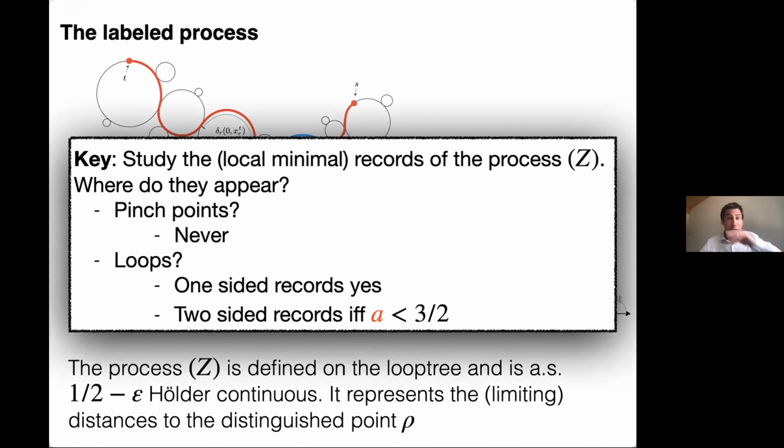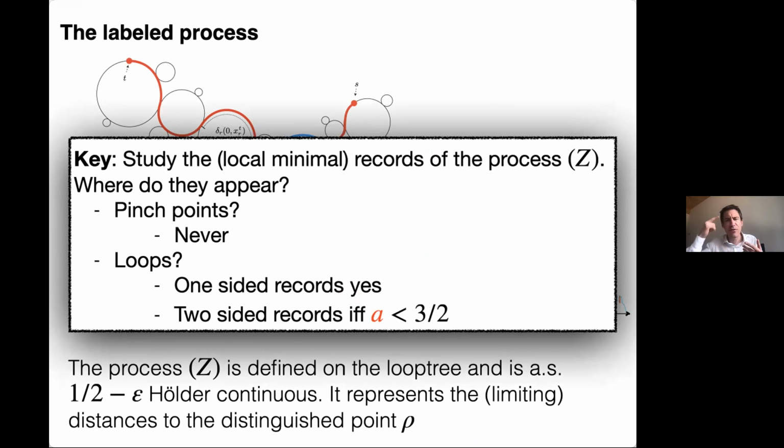And half of the paper is devoted to studying this process, and more precisely, to studying the minimal records of this process. What are minimal records? Well, you have your process, which is indexed by [0,1], and you look at when this process reaches a new minimum.